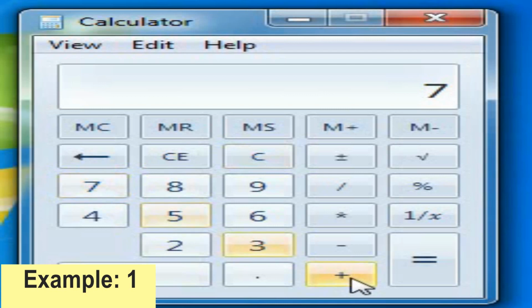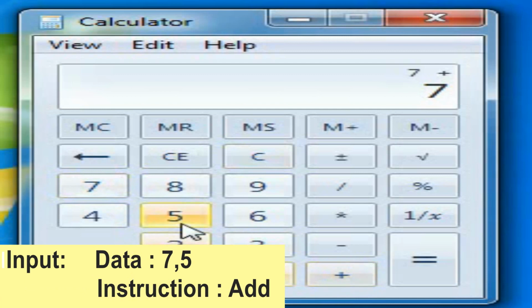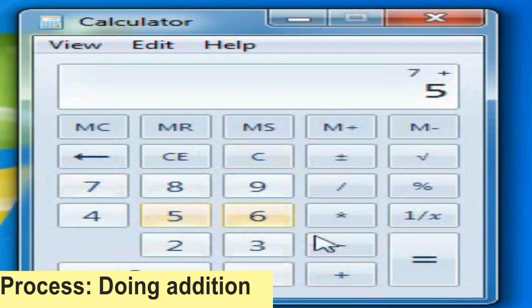Let's make clear with example. First example. Our data is 7 and 5. We are going to add 7 and 5, that is instruction to the computer. Here, what is process? The working of computer on the data according to instruction, that is the addition of two numbers 7 and 5.